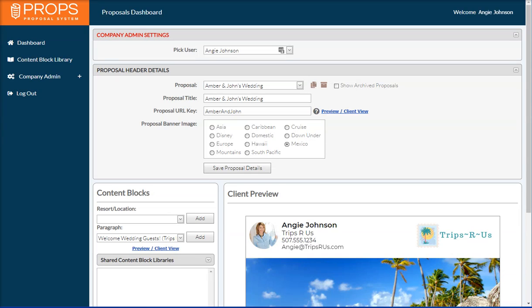Hey everyone, I am going to show you how to use props for your contracted groups. In this example, I am going to pretend that I have a destination wedding contracted group for Amber and John. They are getting married at Unico in Mexico, and I need something to send out to all of their guests